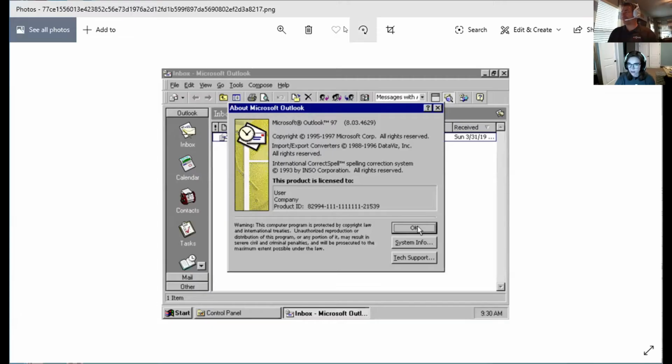I'll even give you an example on my screen. When Bobby, my dad, was using Outlook, it looked like this. Look at that. That looks ancient. But he was doing it.